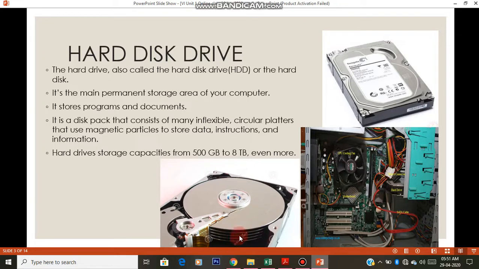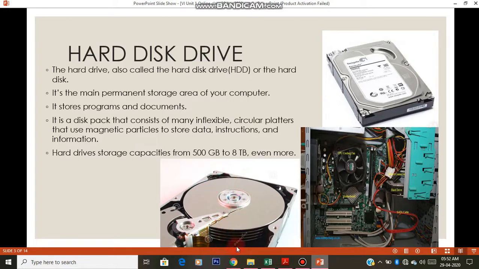The CDs are kept one on top of the other. This is what exists inside this device called a hard disk. Got it? So this is the device which we use for storing our things permanently inside the computer. Until you delete it, it will never erase it. It saves it permanently.